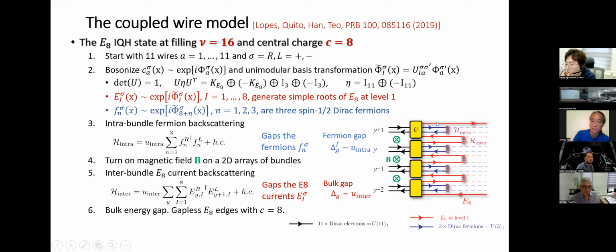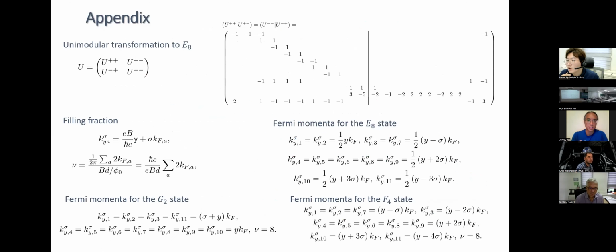So this gap basically gaps everything out except the dangling modes you have on the boundary. So if you put it on a periodic cylinder or torus, then everything is gapped. But if you have an open top and bottom edge, then on these 2 edges you will have the gapless E8 conformal field theory that runs along them. And because of the fermion gap, all local excitations in this conformal field theory are bosonic. So this page basically just serves that purpose.